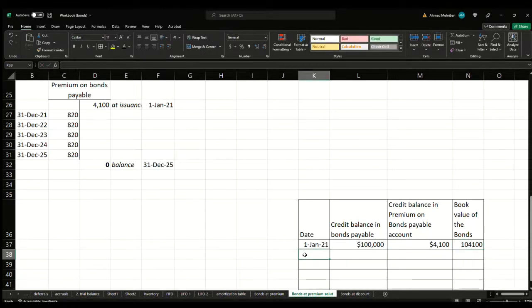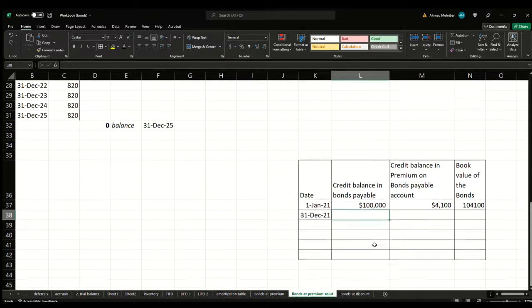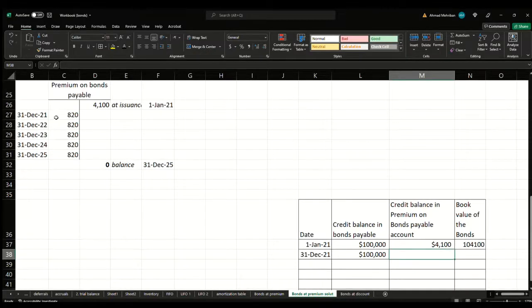Next, on December 31, 2021, the same year when we paid our first interest payment, the value of our bonds doesn't change. They're still at 100,000. Let me just write that. But the credit balance in premium on bonds payable changes, because we first credited it, and